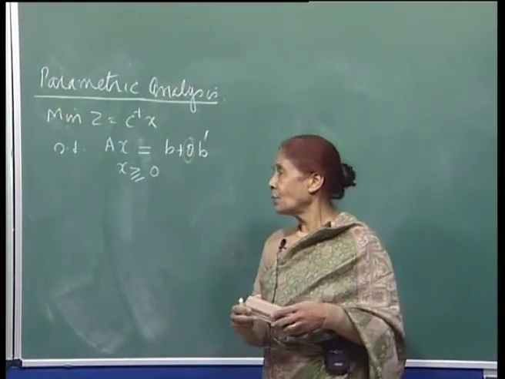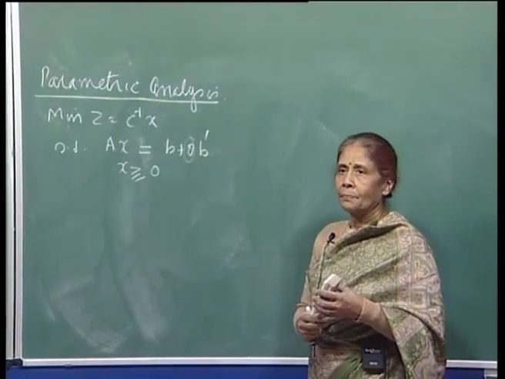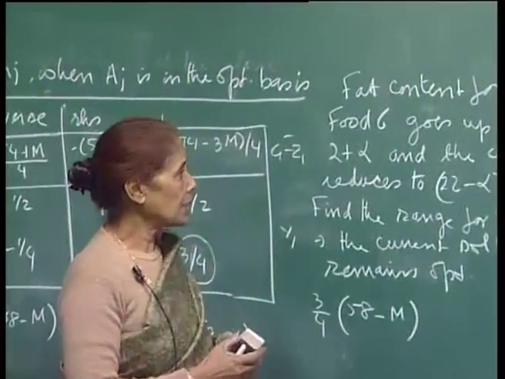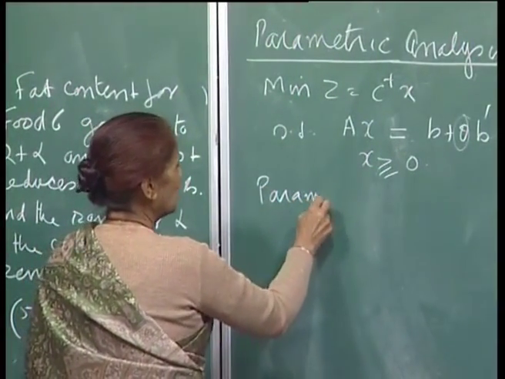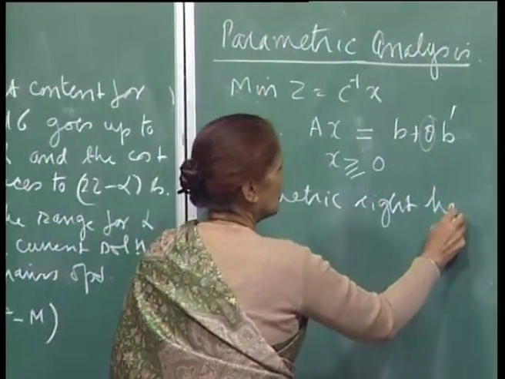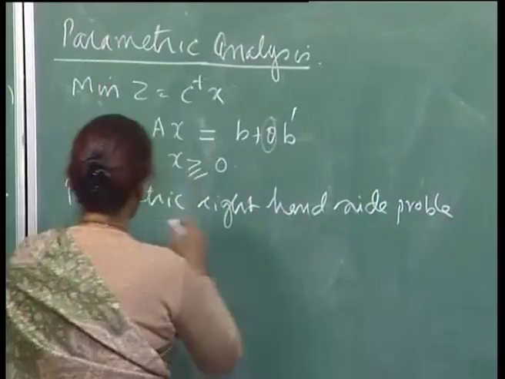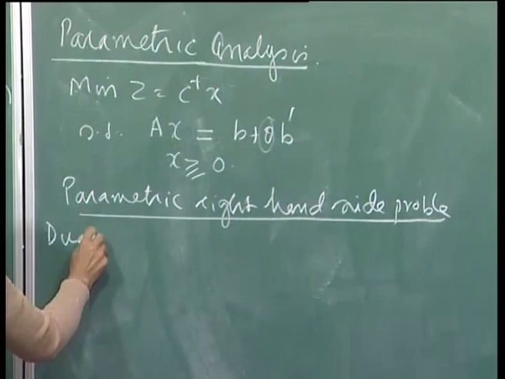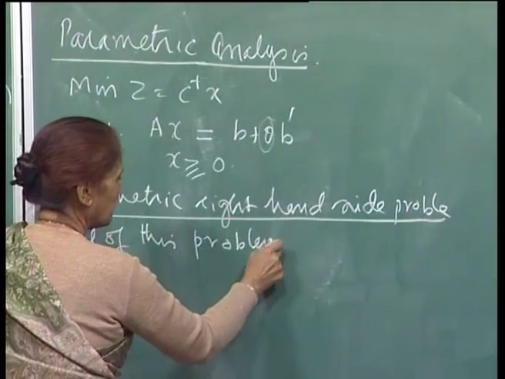So, therefore, you may want to know what would be your production levels depending on the value of theta. And again, this linear simplex algorithm allows you to really do this kind of parametric analysis. So, we will call this the parametric right hand side problem. Okay, so this makes a lot of sense. And then if you look at the dual of this problem, it is